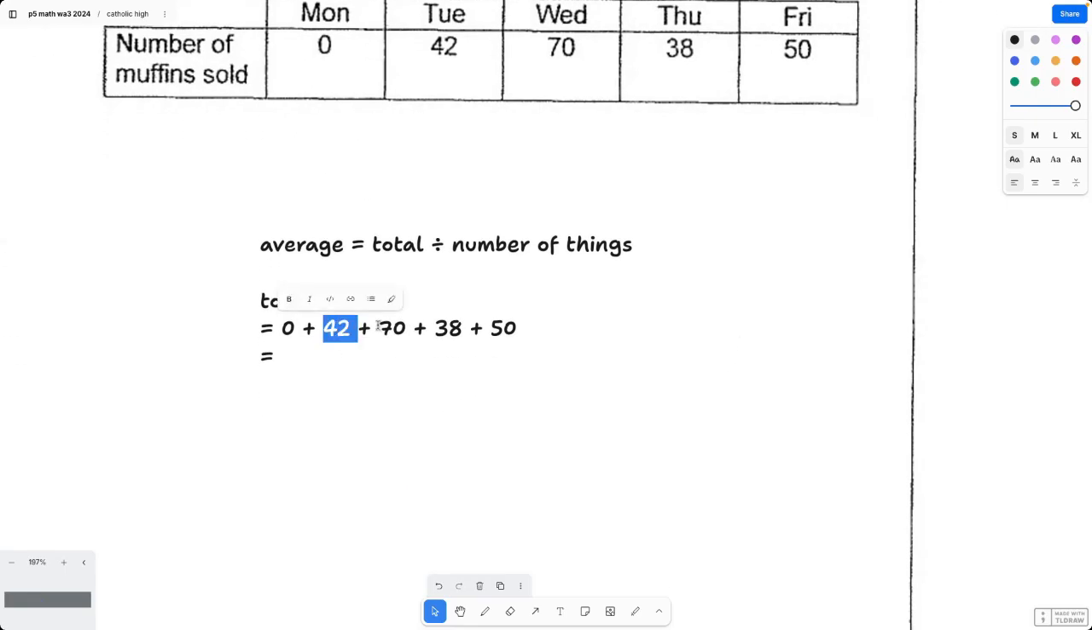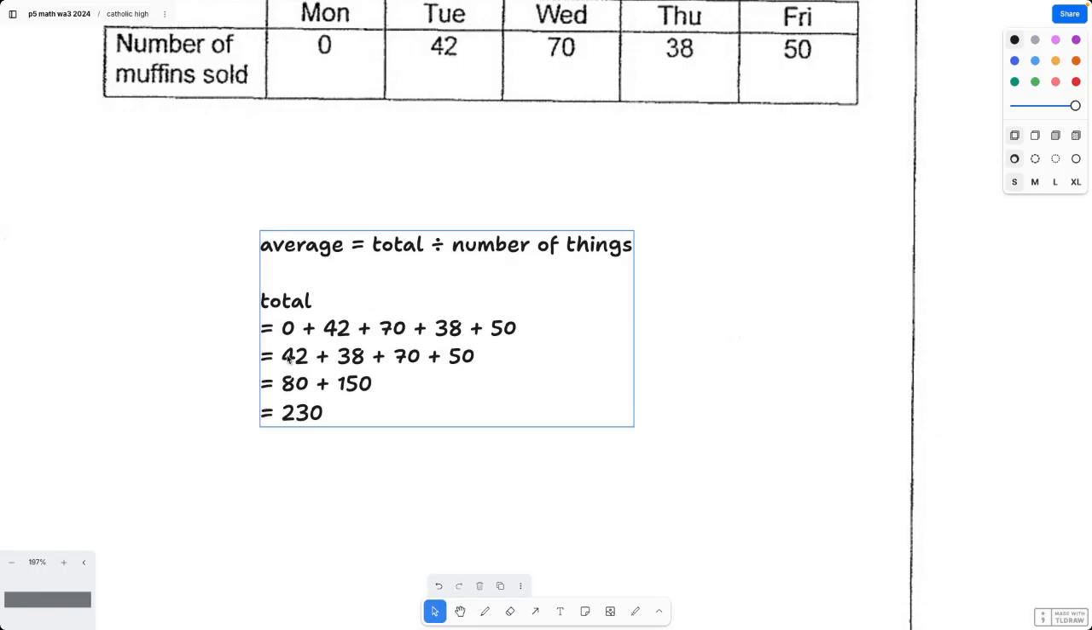So I'm just going to change their position so it's easier. So 42, we can remove the 0, plus 38 plus 70 plus 50. Okay, so 42 plus 38 is 80 plus 150, and this will give us 230 for this total. Okay, so